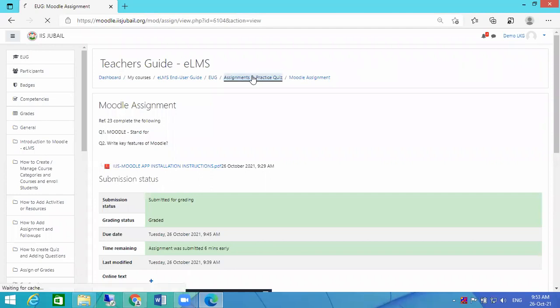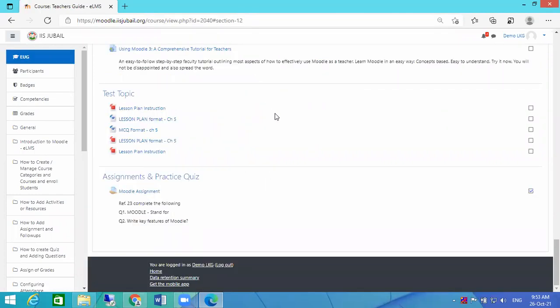So I hope you liked this small activity. It's easy. It's not tough. Within one or two clicks, they can easily submit the things. I just wanted to show you all how the students are going to attend the assignment. So as a student, we have attended one small assignment and we have done that.